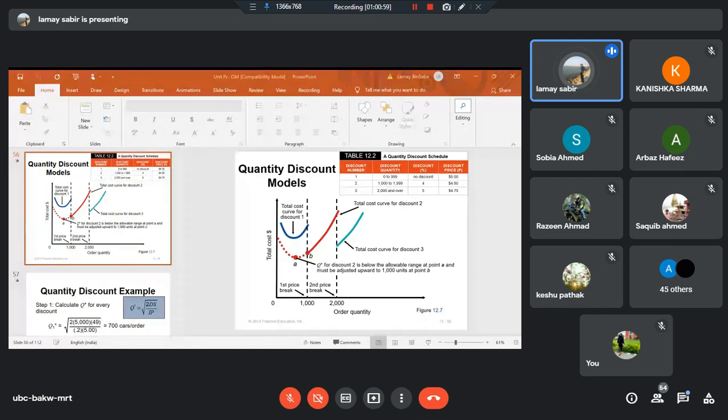So this diagram will help us first of all to understand the total cost, and you also see the adjustment with the help of the breakpoint which I have mentioned. First is 700, we'll keep it as it is. Second is 718, the nearest breakpoint is 1000, and for the third the nearest breakpoint is 2000. So you see the lines at 1000 and 2000, that vertical line is the breakpoint, and that helps us in adjusting the quantity. That is the purpose of the graph.